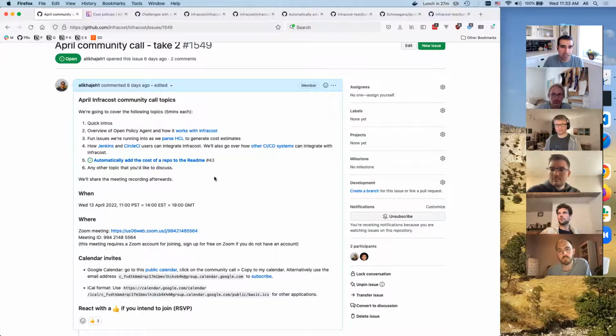We're pretty much at time. I think I'll just add this to the next one, because there's no rush. And essentially, I was just going to provide an overview of how the Jenkins and Circle CI integrations work. The TLDR is